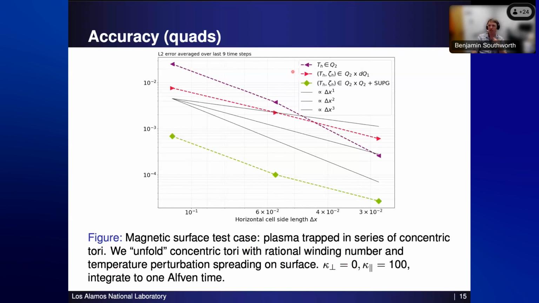And so again, here's the accuracy on the quads. The purple triangles, that's Q2. So we just mean here standard second order CG discretization applied to the second order operator. The red triangles are mixed. So that's the Gunther et al. CG2 discontinuous Galerkin 1. And then the green is our new mixed stabilized CG2 discretization. And so on quads, we do well. We're about a little over an order of magnitude smaller error than these schemes, and overall it looks really good.